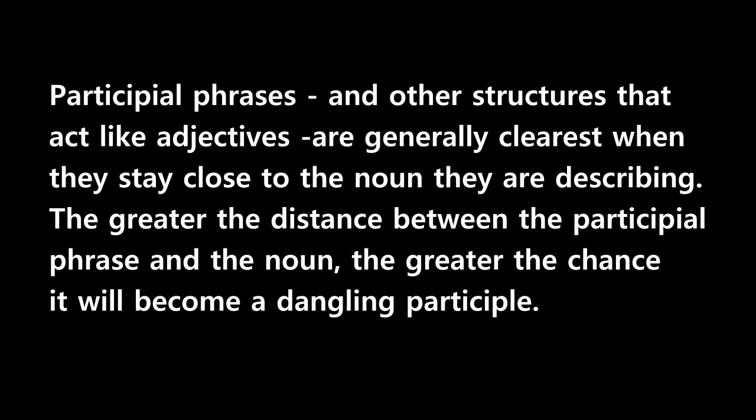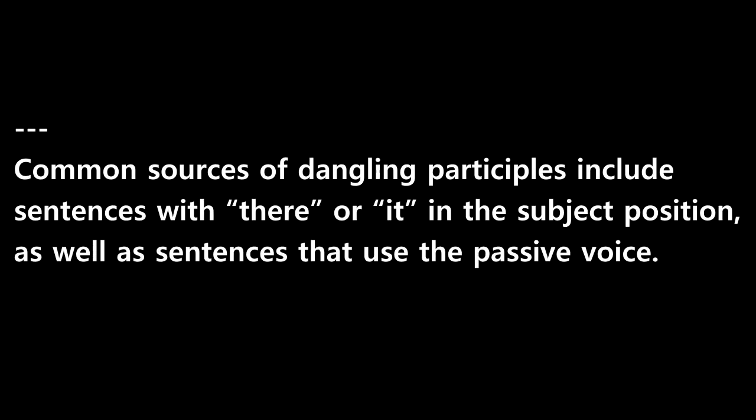Participial phrases, and other structures that act like adjectives, are generally clearest when they stay close to the noun they are describing. The greater the distance between the participial phrase and the noun, the greater the chance it will become a dangling participle. Common sources of dangling participles include sentences with there or it in the subject position, as well as sentences that use the passive voice. For example,